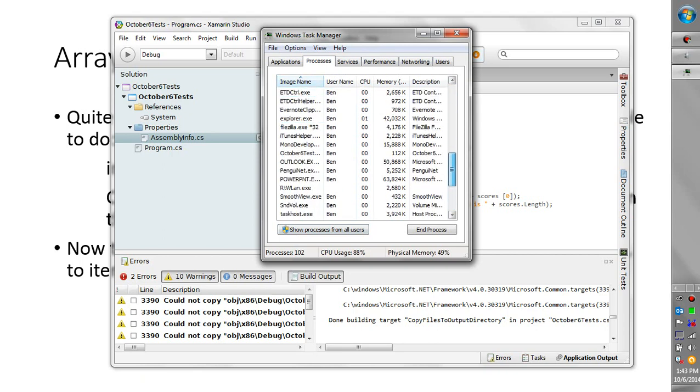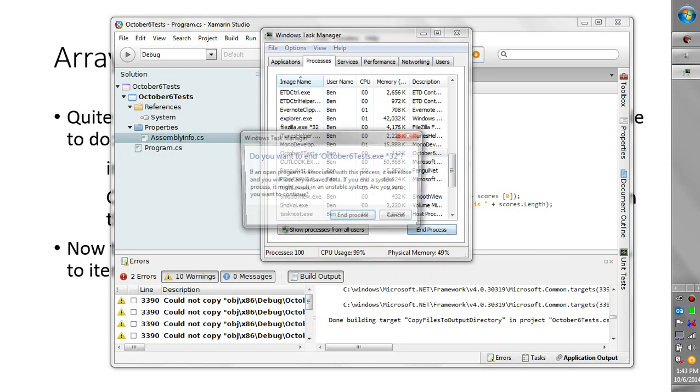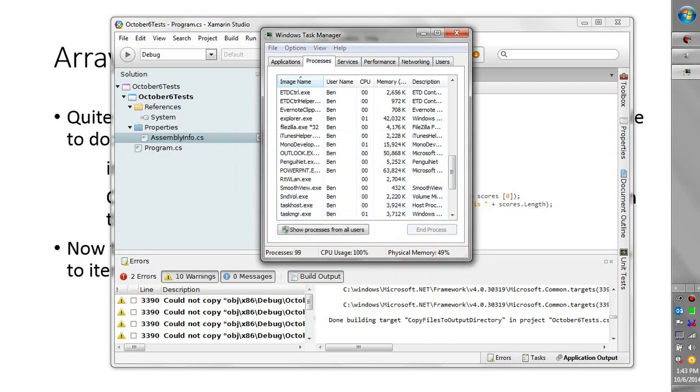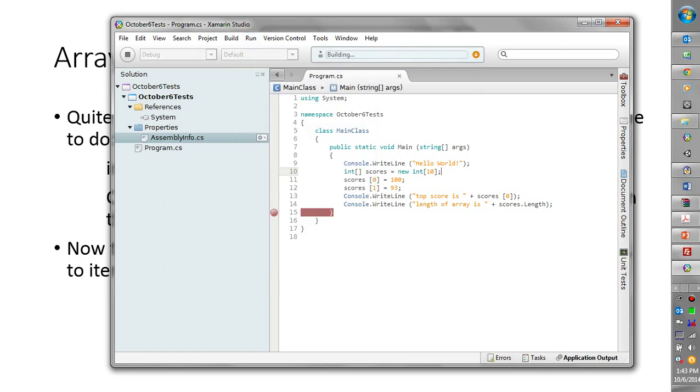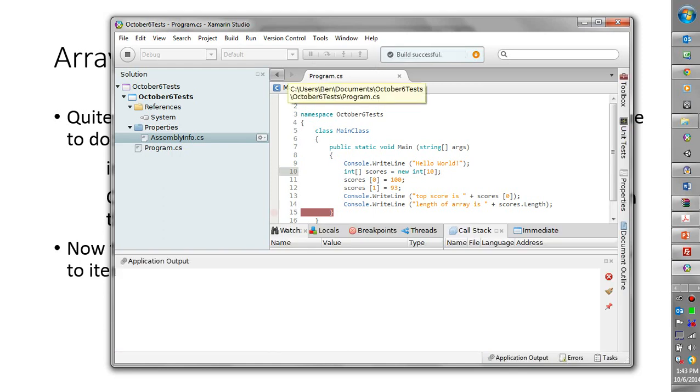and look for the program name. And sure enough, there it is, October6 test. So I want to end process on that. And now try it again. So that might actually end up happening to you as well. So now we build it,